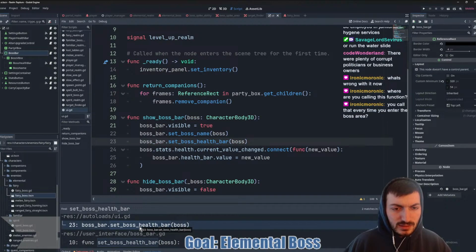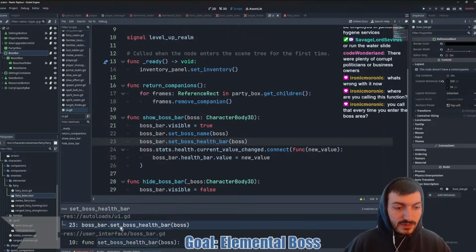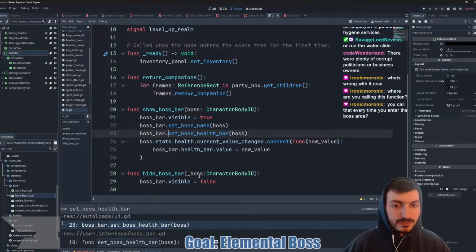It's already connected, but it's connected to the health bar value. Under show. You call that every time you enter the boss area? Yeah, every time we enter the boss area, we do either show boss bar or hide boss bar.